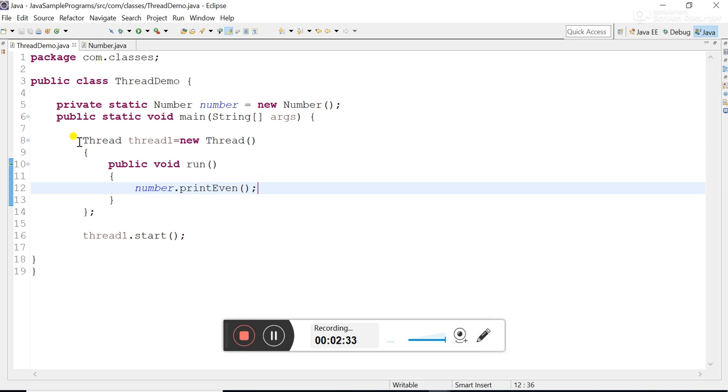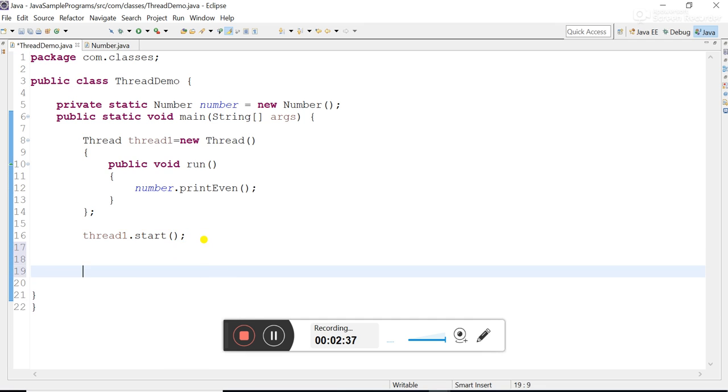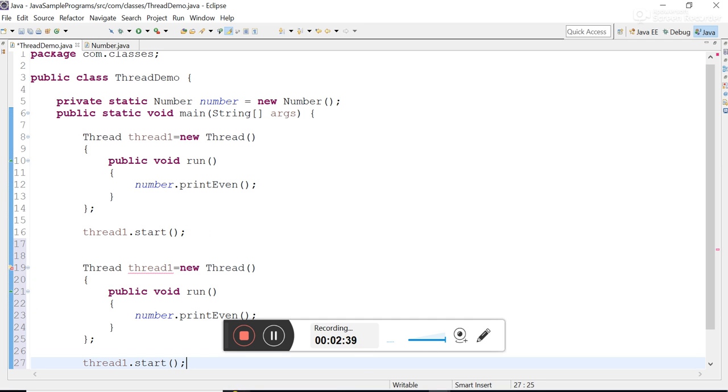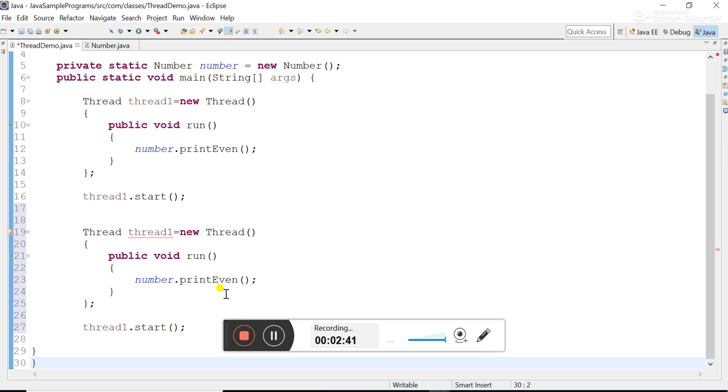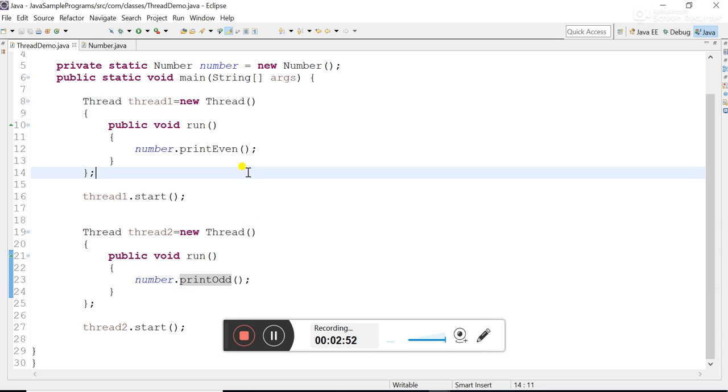Now similarly, I'm going to copy this. I'm going to call this thread2, and here I'm going to say thread2.start, and this will be printOdd. Now let me explain